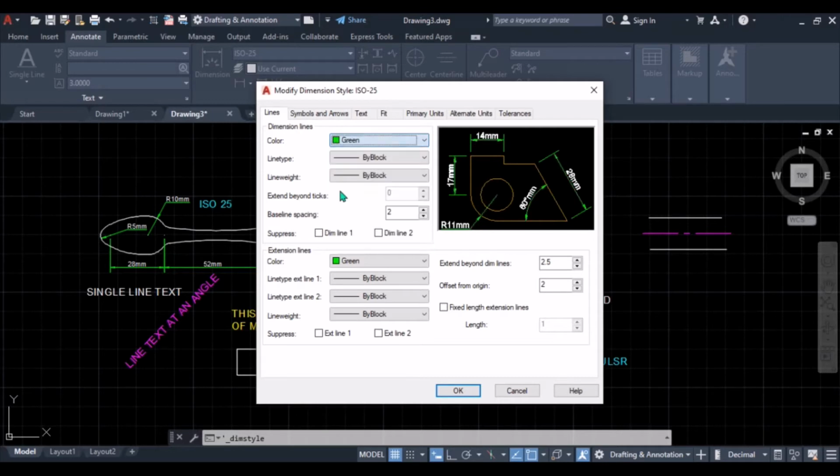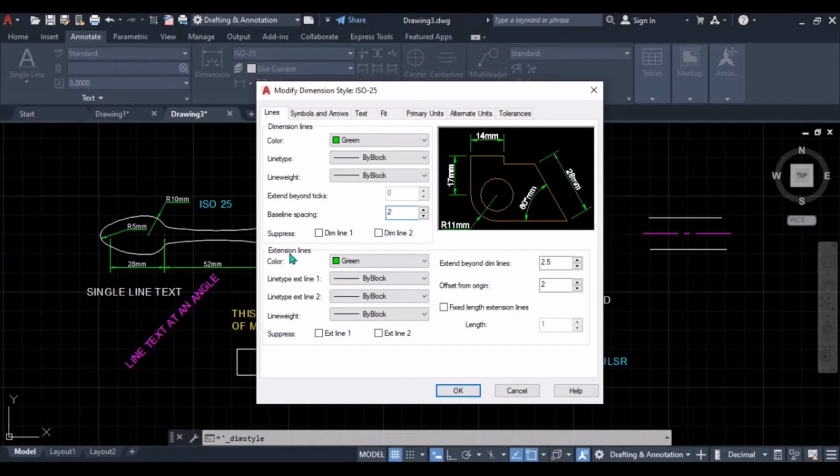You can change line type, but leave it on ByBlock. Baseline spacing is the spacing of the text from the dimension line. So you can give it 2.5 to be the same as text height or less than that. You can leave it on 2.